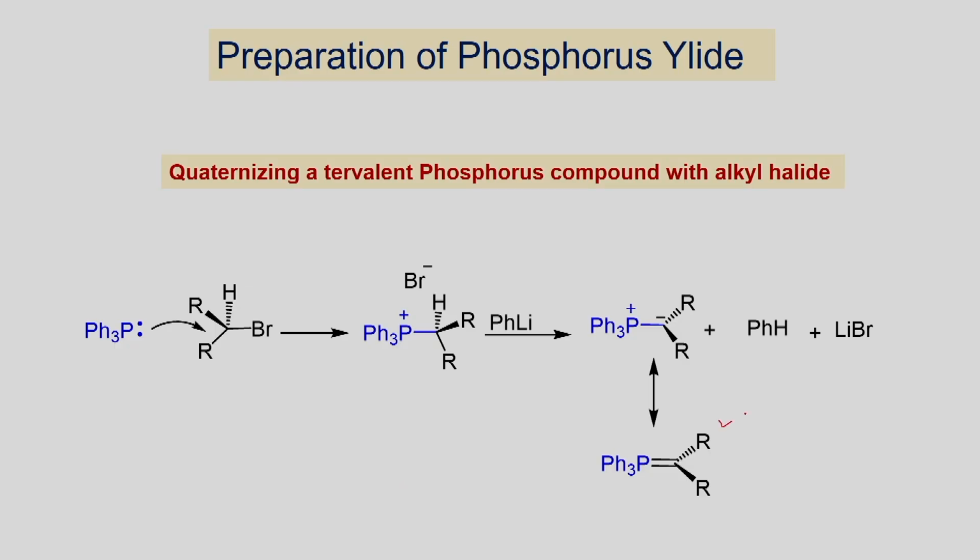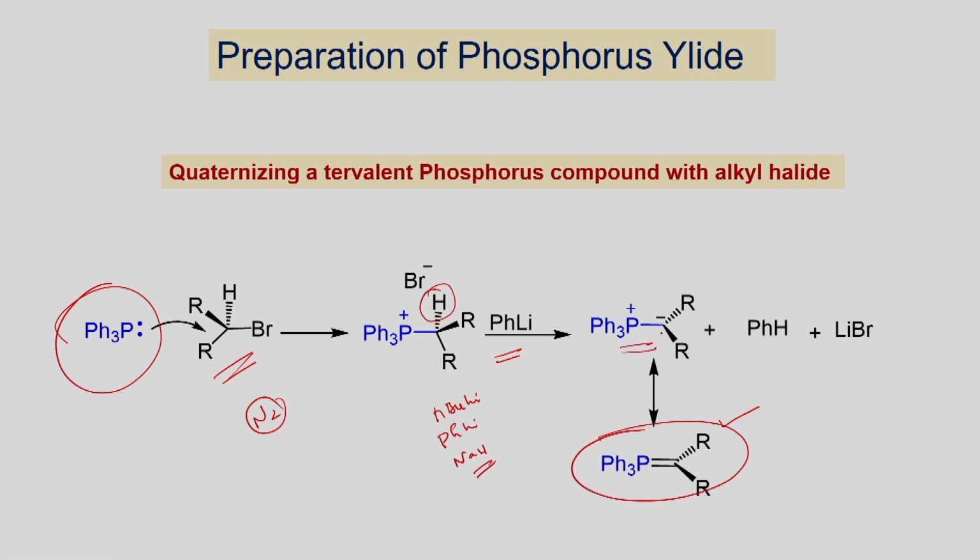Now let us look at the preparation of phosphorus ylide, which is very important in organic synthesis. If you want to make alkene, if you have the aldehyde and ketone, you can form the ylide. If you have the alkyl halide, you can react it with the triphenylphosphine under nitrogen atmosphere. Once you form the salt, when you react with base like n-butyllithium or phenyllithium, sodium hydride, it can deprotonate. You form this phosphorane.